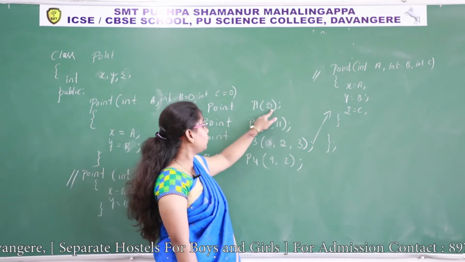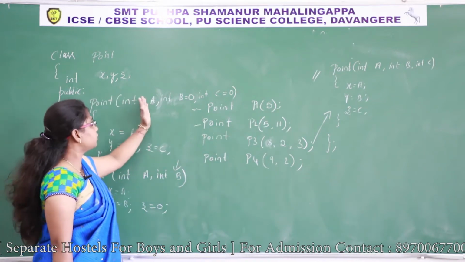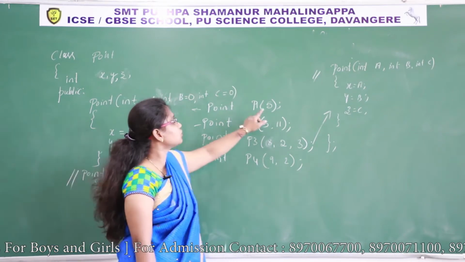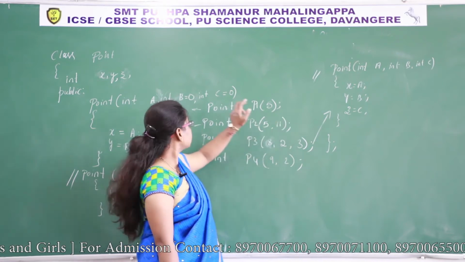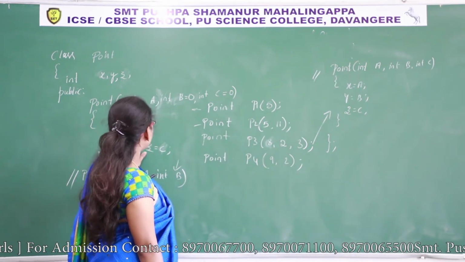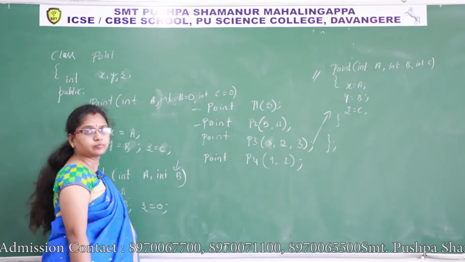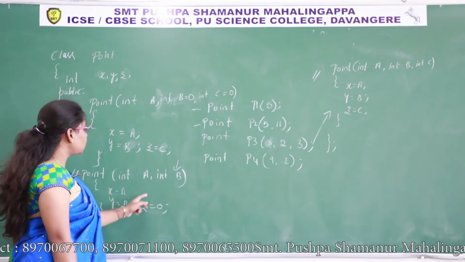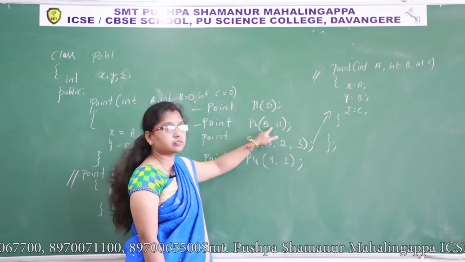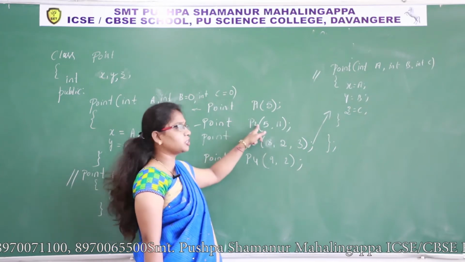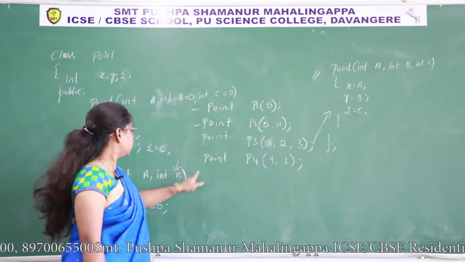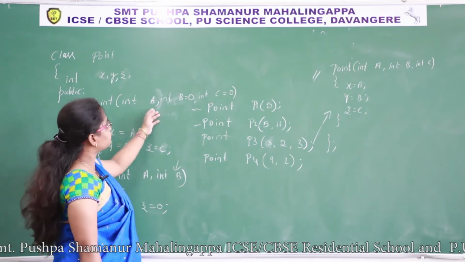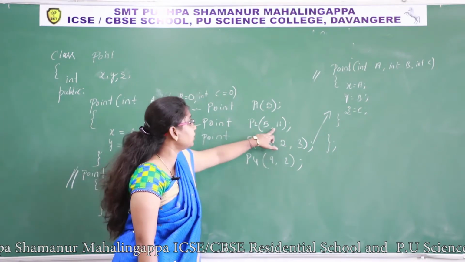So 5, always the values are assigned from left to right. 5 goes to A, okay, and for the remaining 2 there are no two more parameters here. So these two arguments or data members are set with the value 0. For the constructor int A comma int B, there are two arguments. Here the object is the P2 object, and it passed two arguments, so that constructor has to execute. To avoid this I have taken a default value. What happens? 5 goes to A and 11 goes to B.